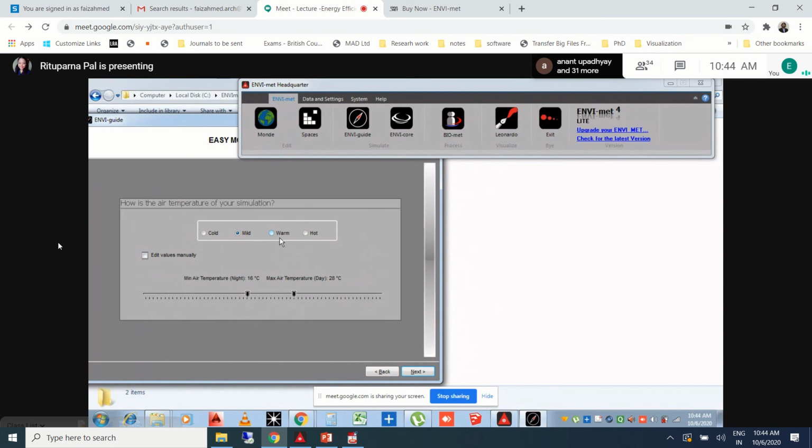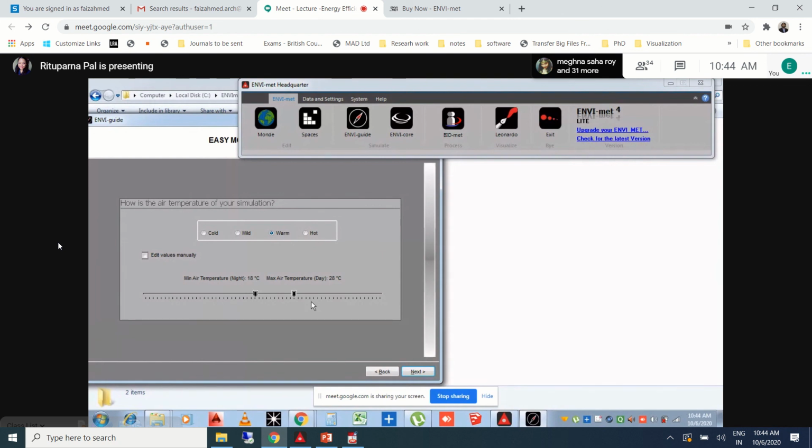Now the temperature database might be from a long time back, and you know that Vijayawada falls in the warm and humid climate, so make sure to click warm, and you find that automatically it shows that minimum temperature is 18 degrees and maximum is 20 degrees. But as per my experience, it is not true.